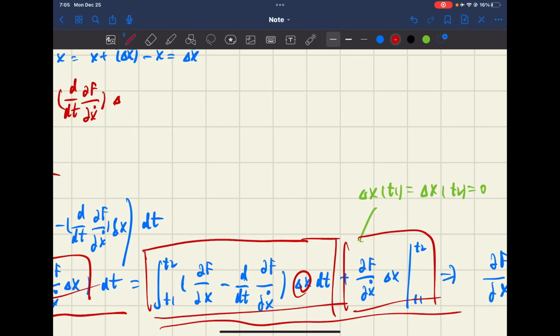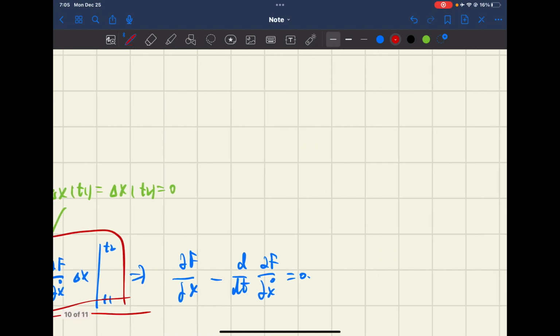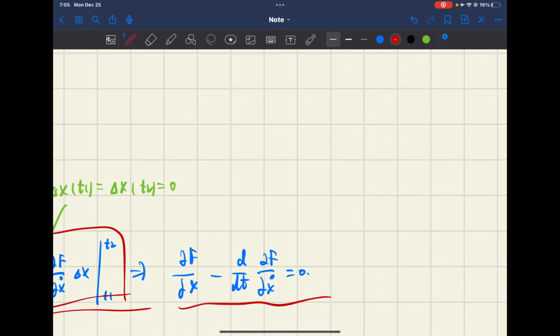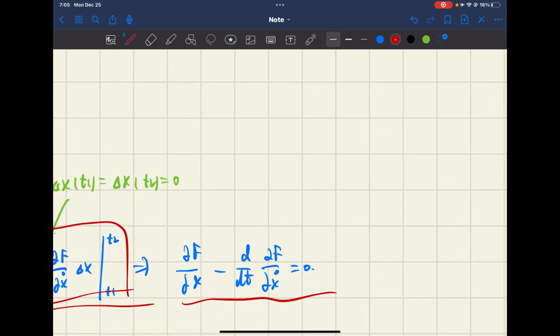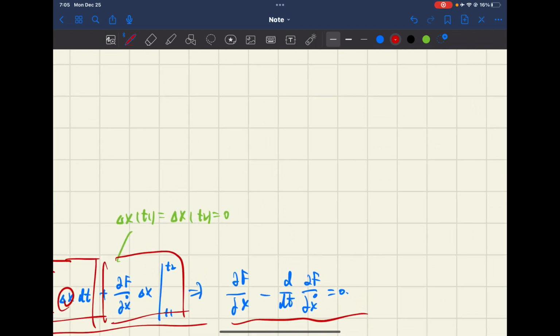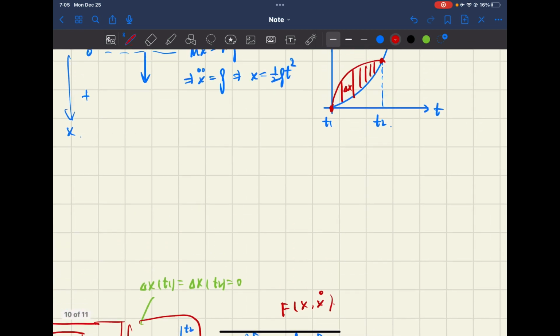So this first term is the coefficient of delta x, so this term must equal 0. So we get this. This equation is called the Lagrange equation. If we take a closer look at it, from this equation we can determine the trajectory of the object,